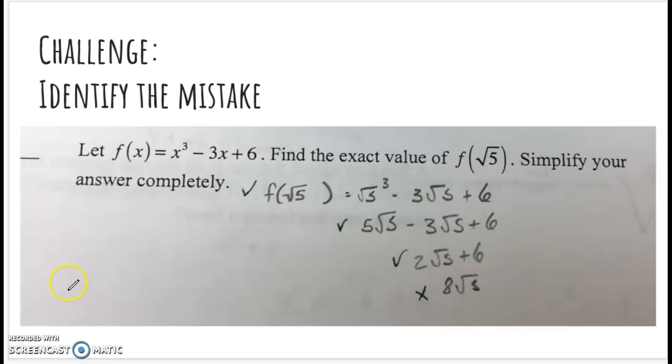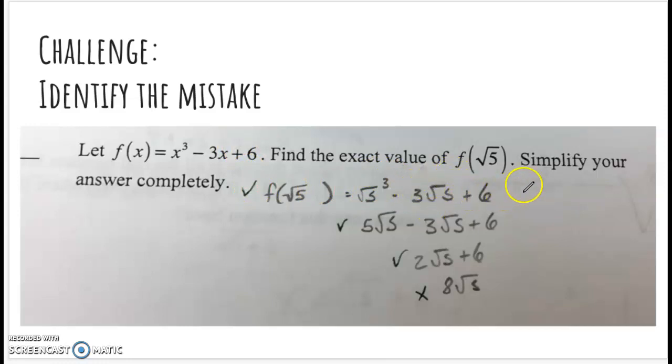All right, so you may be looking at this problem thinking, oh my gosh, Mrs. O'Donnell, there is a cube here. We are not working with cubes. We're in a quadratics unit. While that is true, you guys know how to operate with functions, right? If you have f of some number, all that's saying is that whatever that number is, so in this case, the square root of 5, you're going to plug it in everywhere you see an x in your function. So we've got the square root of 5 cubed minus 3 times the square root of